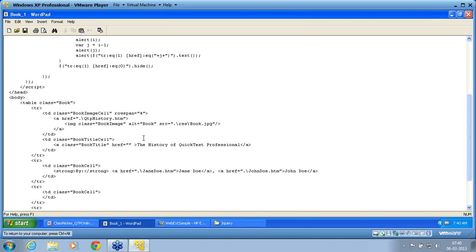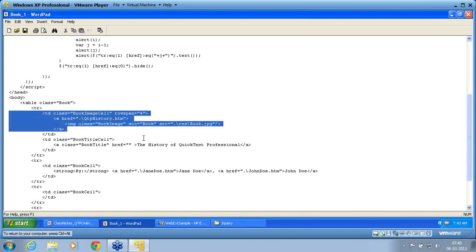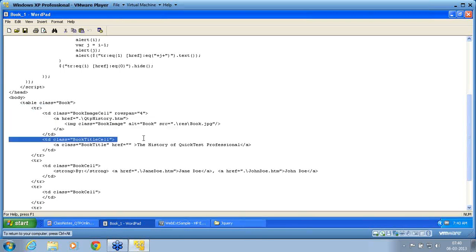I am now getting into the table class book. Under that I created rows and I created columns. There are 2 columns. This is one column. This is the second column. So one is the image cell, another is the title cell, and the first column has a row span of 4. It has been concatenated.